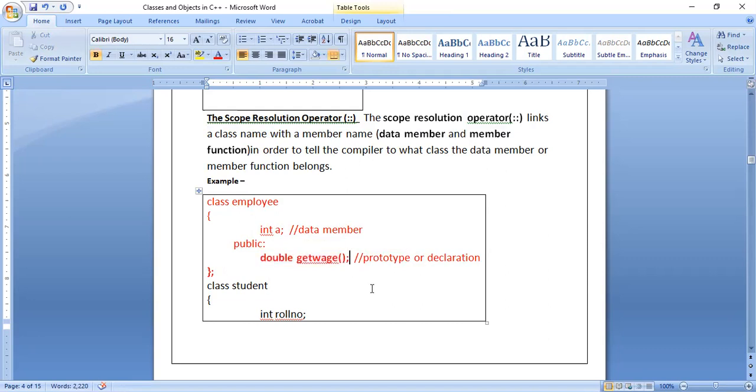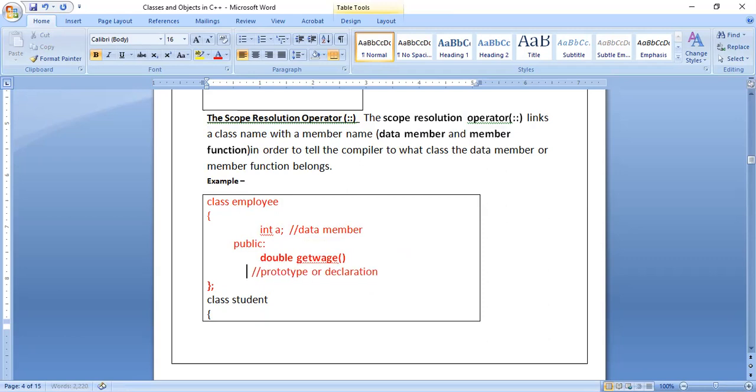Another way is, you delete this semicolon. In the next line, you write an opening brace, then you write some code of that function, then close it. This is another way of writing the function. Here you should not call it a function prototype. This is called a complete function, where you extend the function. You should not put a semicolon here. You put opening brace, closing brace, and inside that you write some code. This complete thing is called a function definition.